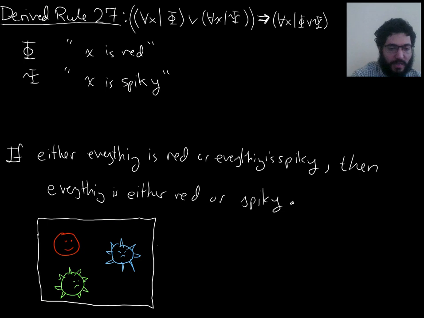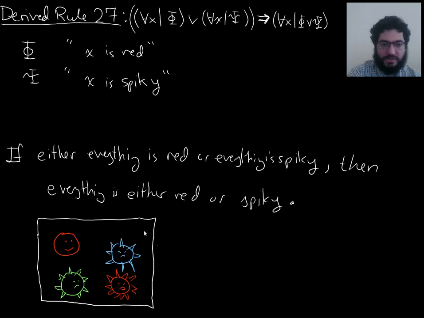And how about also a red thing, which is spiky? Okay, so if this is our universe, and the universe only has four things in it, which are these things,